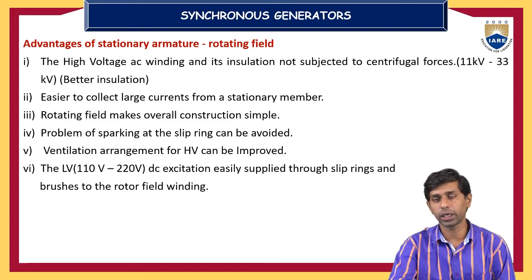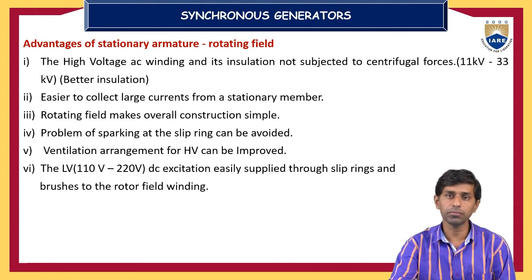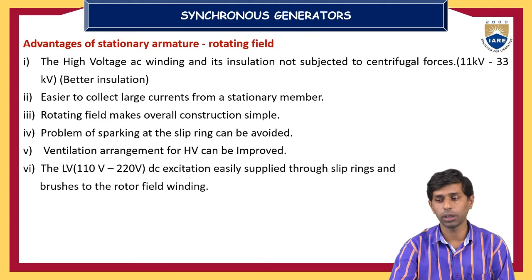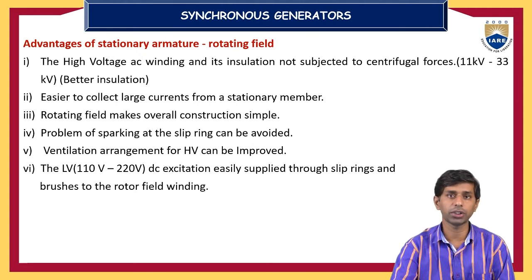So in that case, we can directly tap three terminals from the armature, whether it is star or delta connected, whatever it may be. There are three output terminals from the stationary armature winding. Such high voltages we can easily extract from the armature winding while it is stationary. While it is a moving part, it is very difficult, because there are slip rings and brush arrangements. We have to tap the energy from the armature, which is a movable part.